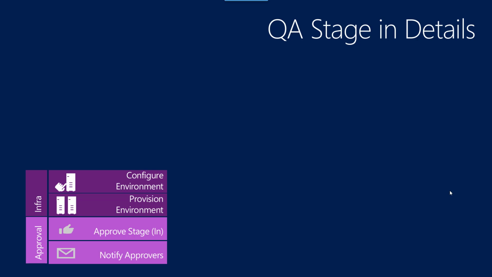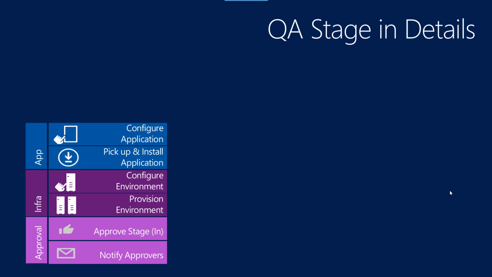For example, if provisioning the environment creates a virtual machine which has Windows Server, then configuring the environment is to enable the IIS Windows feature, or maybe enable ASP.NET, or maybe open a port on the machine. So a post configuration is needed for the environment, but we need to provision the environment first. Once this happens, the release management starts to pick up the application from the repository, from the storage, then starts distributing or installing that on the environment.